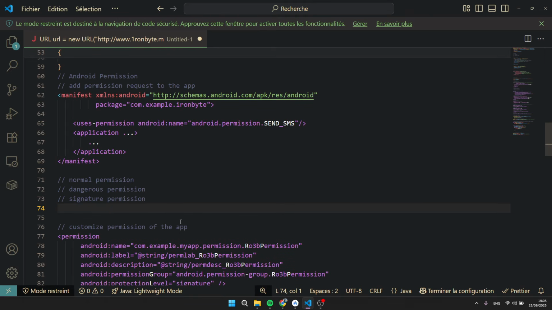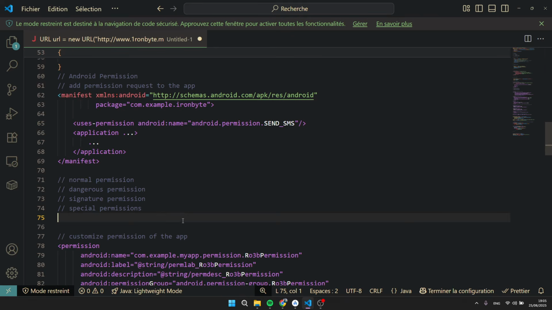Yeah, the fourth one is special permissions. I know many people are really interested in those permissions, just to fully understand them. So special permissions are a subset of dangerous permissions that require additional user action beyond simply granting the permission in the application by saying, okay, okay, I want that. No, it's not like that. Special permissions